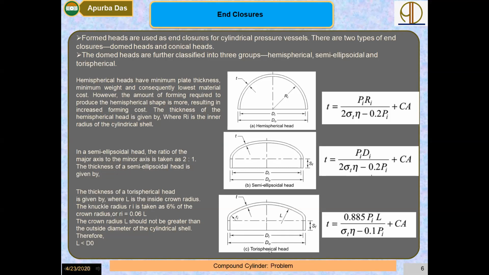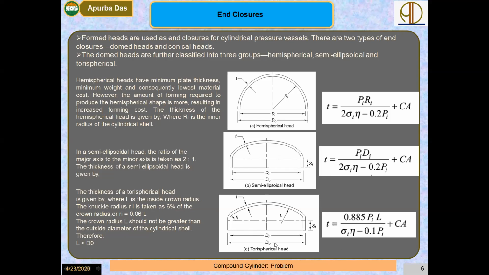And the third one is the toruspherical head. You can see a slight difference from the semi-elliptical head. The thickness of the toruspherical head is given by this formula, where L is the inside crown radius, and the knuckle radius Ri is given as 6% of the crown radius. So that is Ri is equal to 0.06 L. So this is Ri and this is L. And the crown radius L should not be greater than the outside diameter of the cylinder. Therefore, L must be less than Do, the outer diameter. So this is the thickness for this